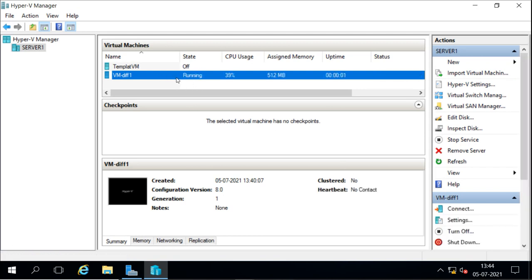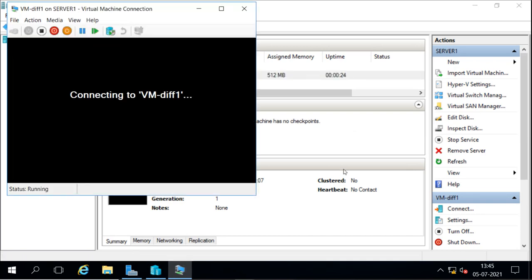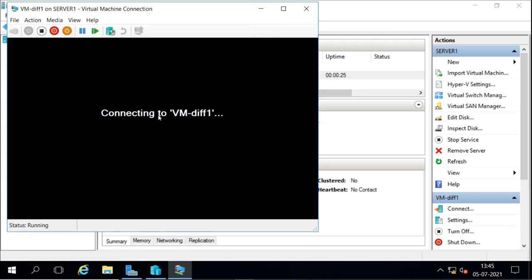And now it is running. It was not running because on my real machine I had only 2 GB RAM, so I increased the RAM. Now it is running here, and remember we have not installed anything here, but it is going to use the parent disk for the basic configuration. So the installation is in the parent disk, so it will have that installation also, and it is starting now.